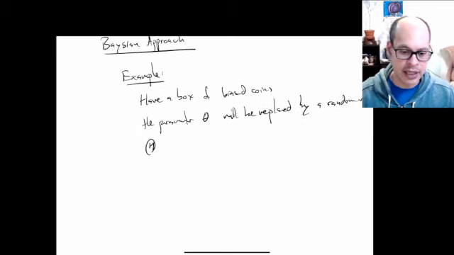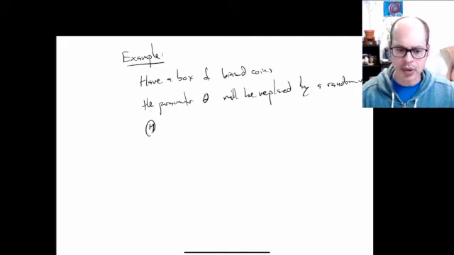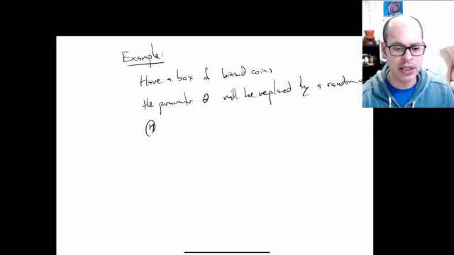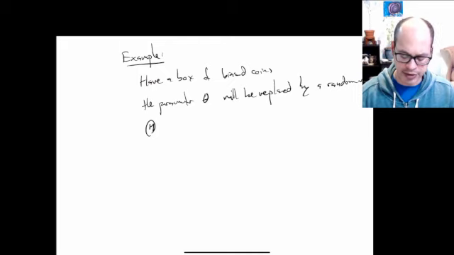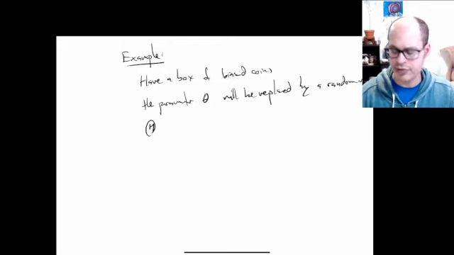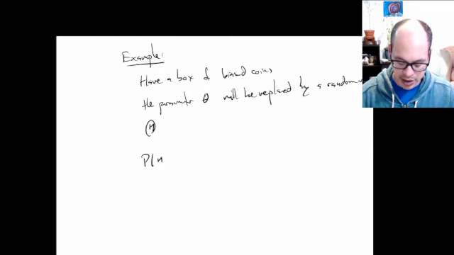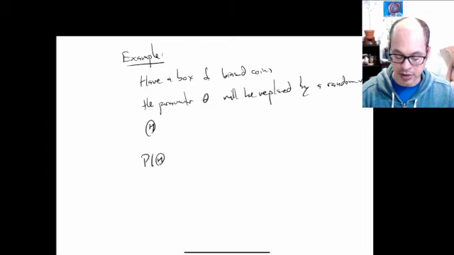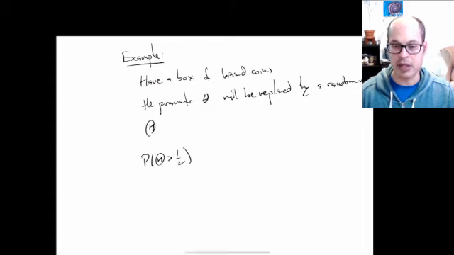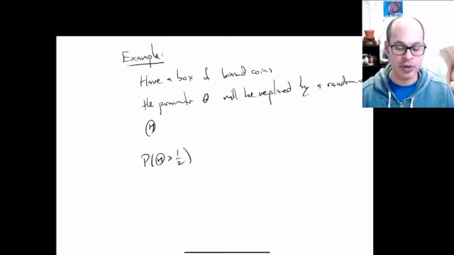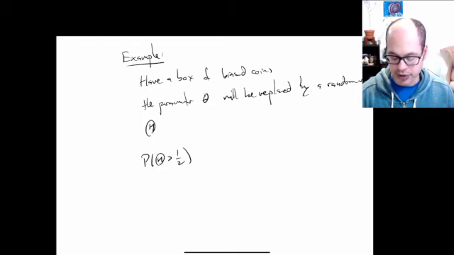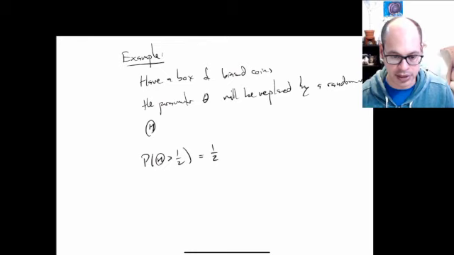Okay, so now the situation is a bit different. Instead of before, now it actually makes sense just to ask things like, what's the probability that this random variable is at least a half? This is the probability of picking a biased coin with a bias of at least a half. If it's uniformly distributed, that's going to be a half for us.